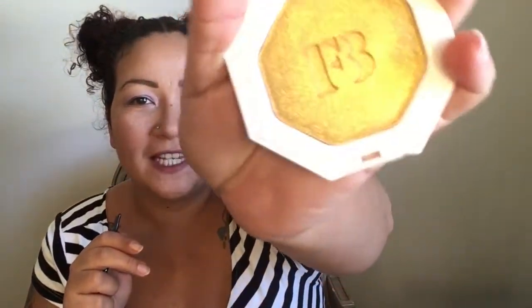I'm so excited for this highlighter too because of seeing all the Snap stories and just how glittery and shiny this is. When I went to Sephora yesterday, I asked the girl working there to put it on for me, but she really didn't do much with it. She put like the teeniest, tiniest little glitter. I'm like, I can't wait to get home and get my order so that I can play with it because it's gonna be a lot more than that. I almost don't even wanna wreck the logo, but